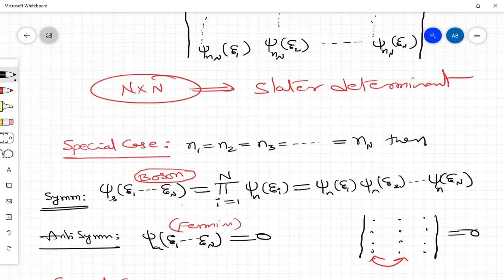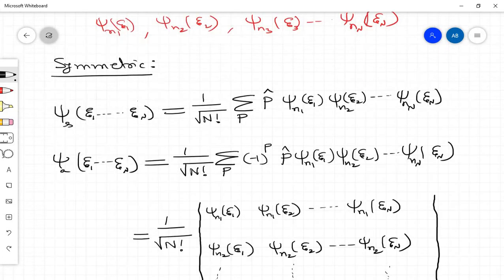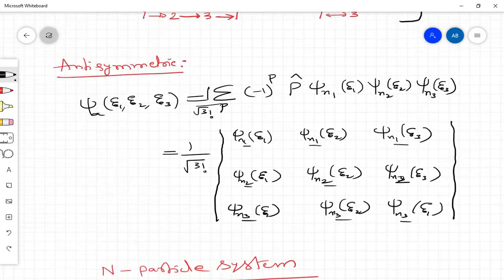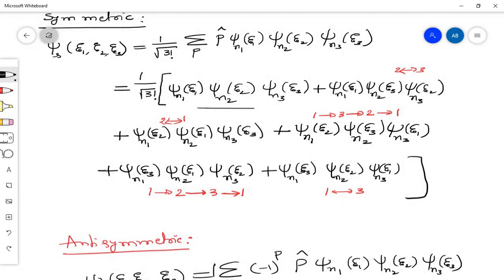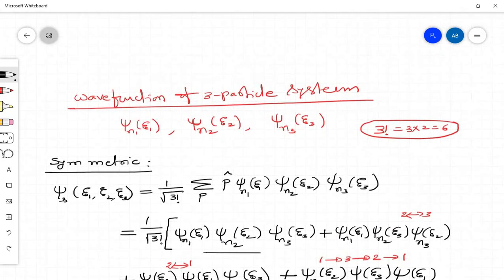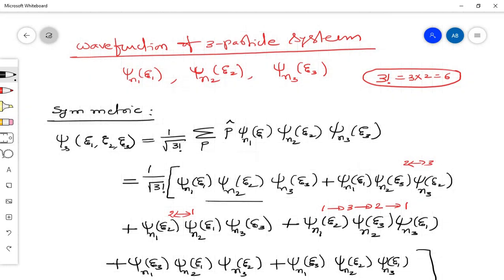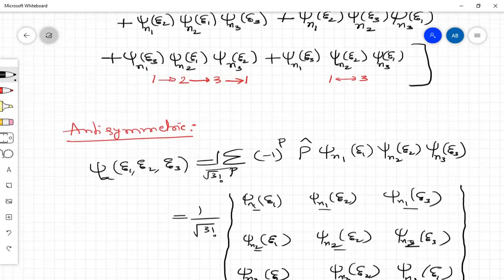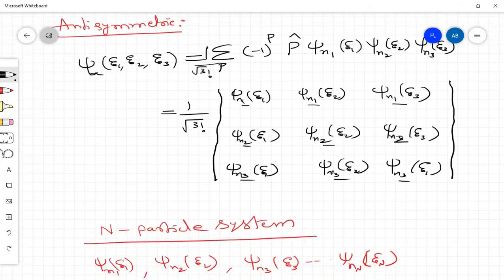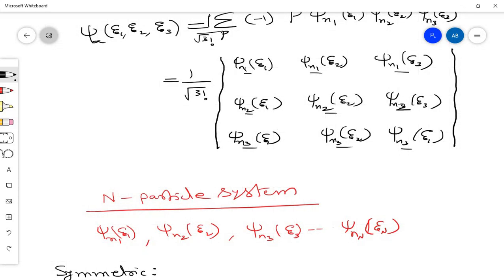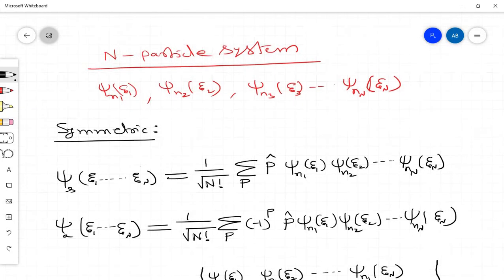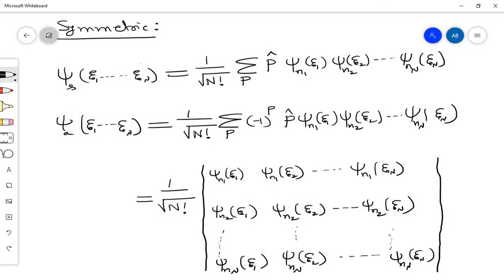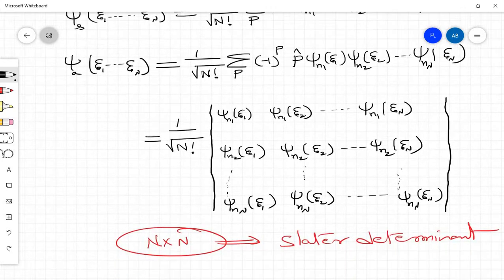So one of the important concepts here we have written. For 2 particle system we have written. Then let us write for the 3 particle system. Wave function for the 3 particle system. That is written for symmetric function. So it is a tough job for the symmetric only. So antisymmetric is easy, simply in the form of a determinant. Okay. Then you need to include all the permutations. For n particle system, I have written directly. So you need to expand here. So this determinant is okay.